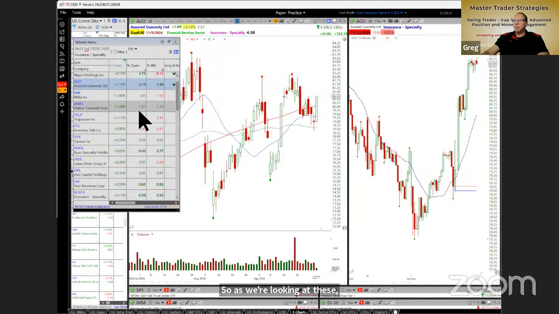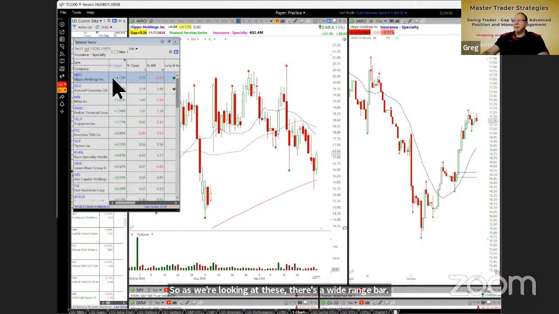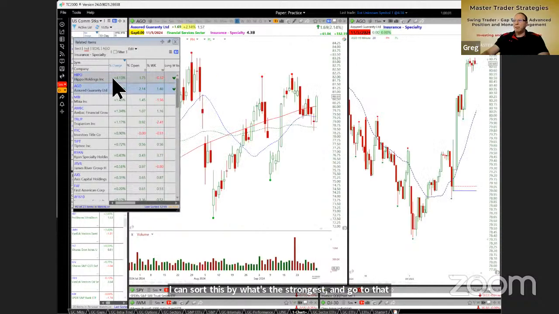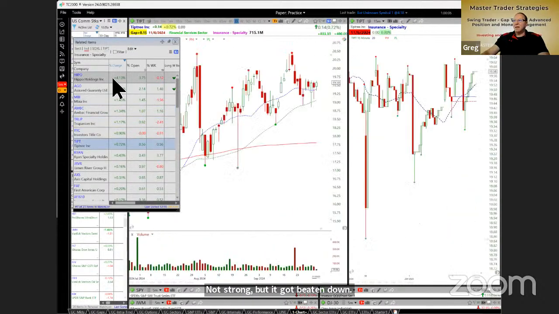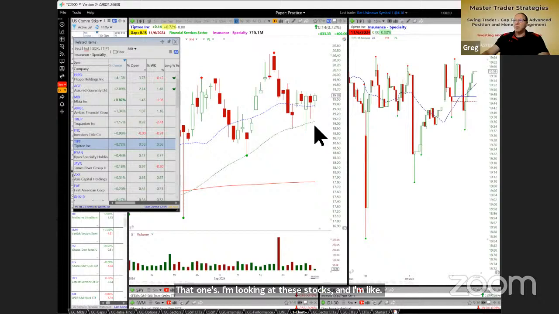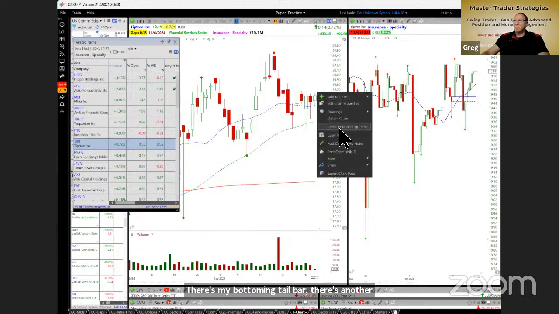Still kind of sloppy. So as we're looking at these, there's a wide range bar. I could sort this by what's the strongest and go to that and say, well, that's strong, but it got beaten down. So I'm looking at these stocks and I'm like, that's not great, but about the best looking one. There's my bottoming tail bar. There's another bottoming tail bar. There's an inside bar. So if it takes out those highs,